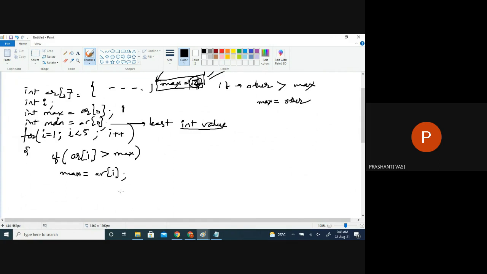So I'm just trying to say that as of now, I just took 0, the first value itself. And if I want to check the smaller number also, we can do the same manner. If the other number is found to be less than the current min, then only we'll try to update the min as the other number, right?